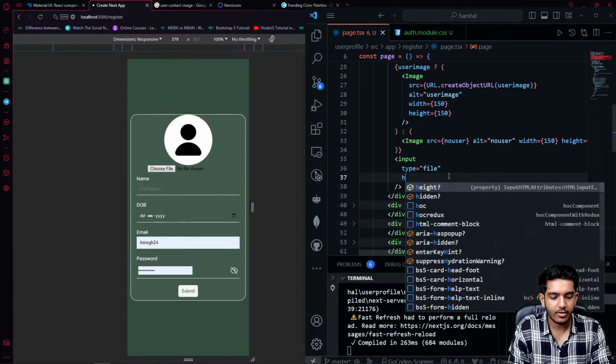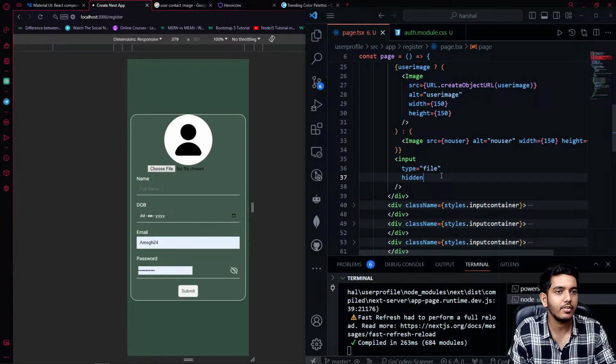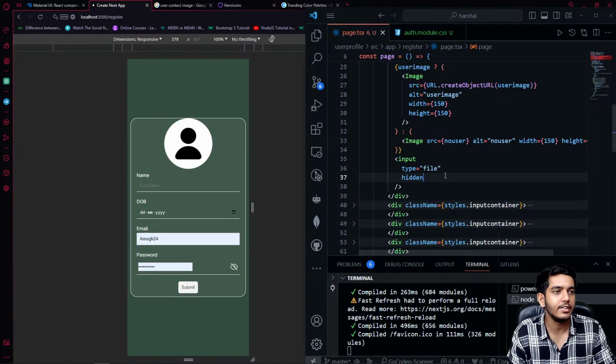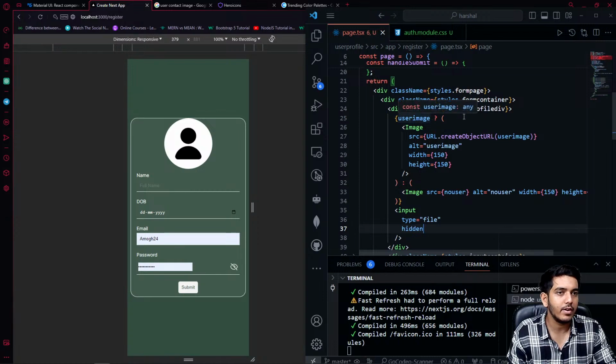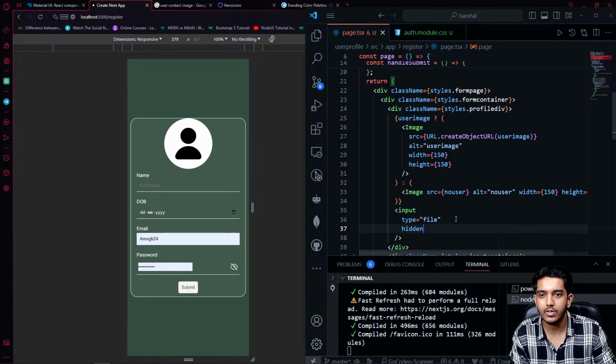We're gonna simply write here hidden. You can see it's hidden, but it's gonna be inside some kind of button. I'm just gonna say that as soon as I click on this,